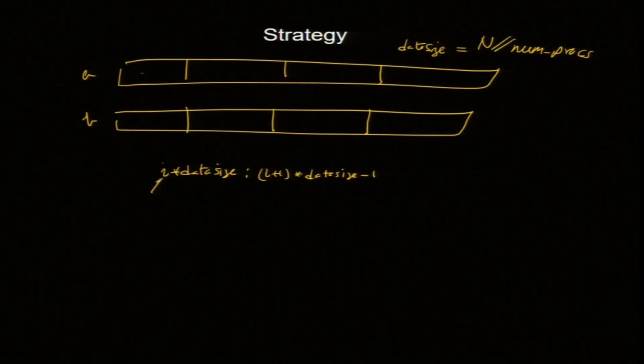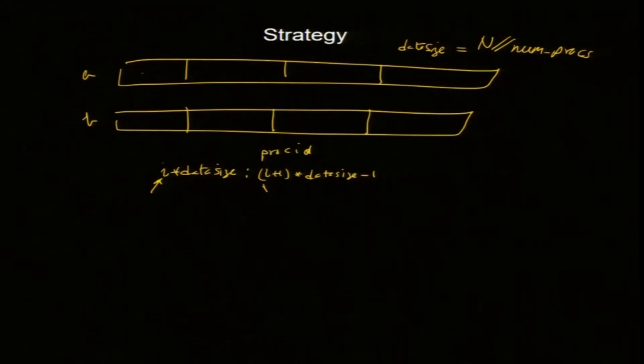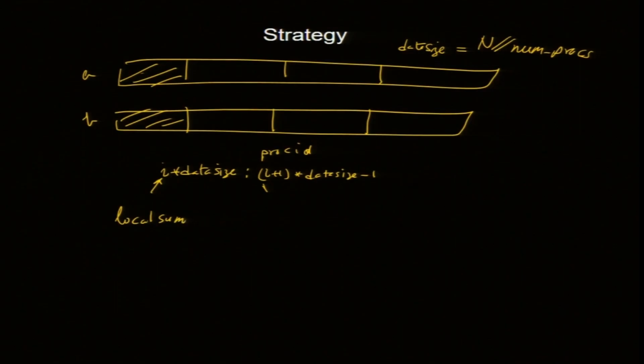So, i is the process ID, proc ID. And I just sum up A star B, but my array is this part of the array, not the full array, and that is what we will do. Now, each process will do a sum and we call it the local sum, and then the local sum will be transferred basically to P0, the main processor,